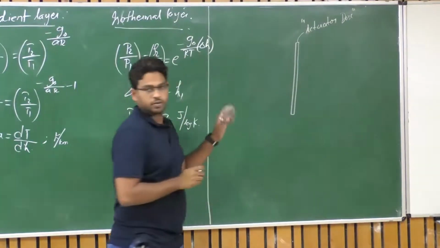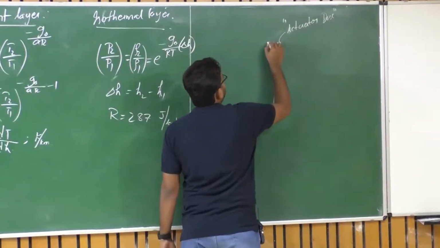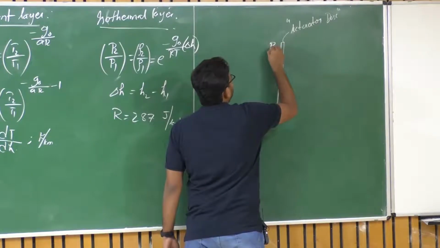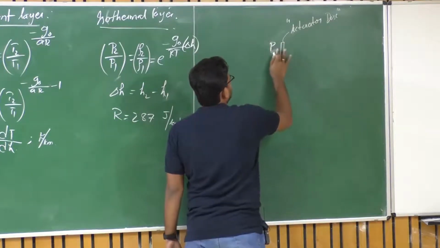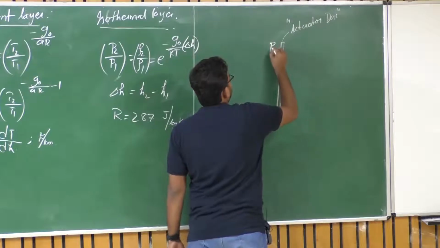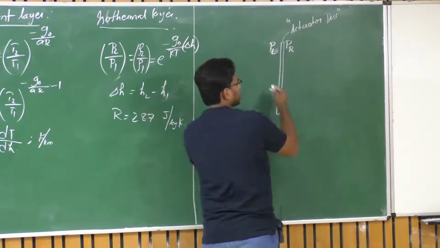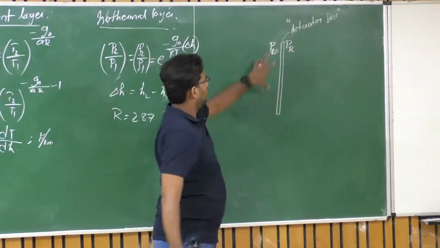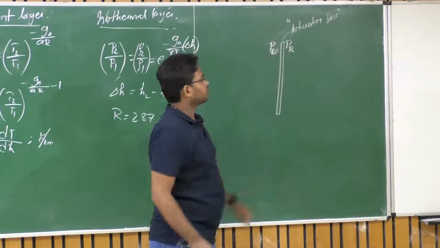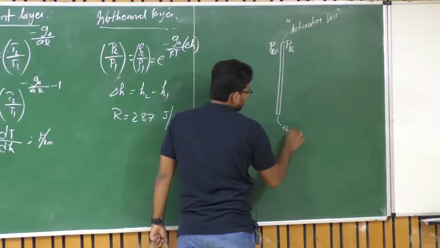So this is called an actuator disk, which is capable of creating a pressure difference. Let us say this is the upper surface, or let us say to the right, pressure to the left, and this is pressure on the right side. If I take this as my left and this as my right, I'll label them as pressure on left and right.